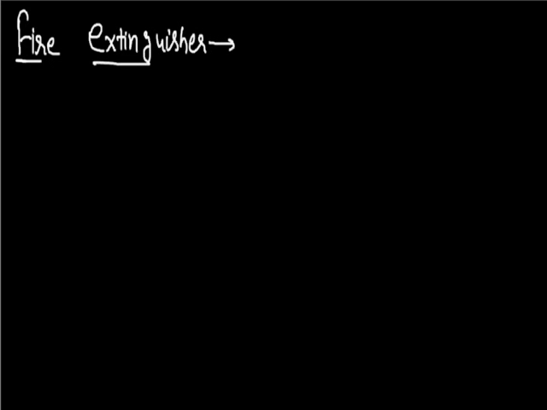Hello students, today we will be dealing with fire extinguishers. Basically, fire extinguishers are defined as the devices that we use to put off fire. So in this part we will be dealing with all the different kinds of devices that we use to put off fire generally. Before we start dealing with different fire extinguishers, first of all we are going to deal with the principle on which these fire extinguishers work.